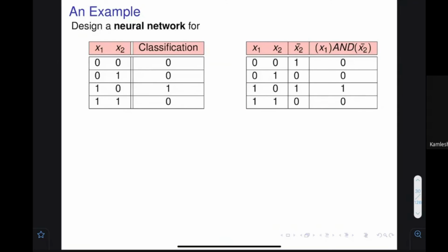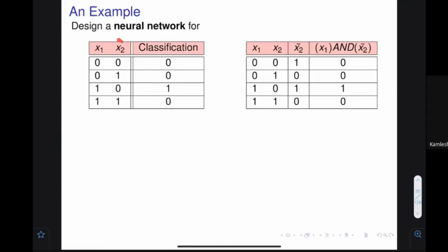So you can find an observation, because you know from digital logic that there is only one place where there is a 1. At what place should it be? When these values are 1 1, then it should be 1. But generally you know what the AND gate is: 1 and 1 is equal to 1. So if this value becomes 1, then I would be done. I can take the AND of this thing and get the same output. A few minutes back we talked about how to make the AND circuit using the multi-level perceptron. So how can I get 1 over here?